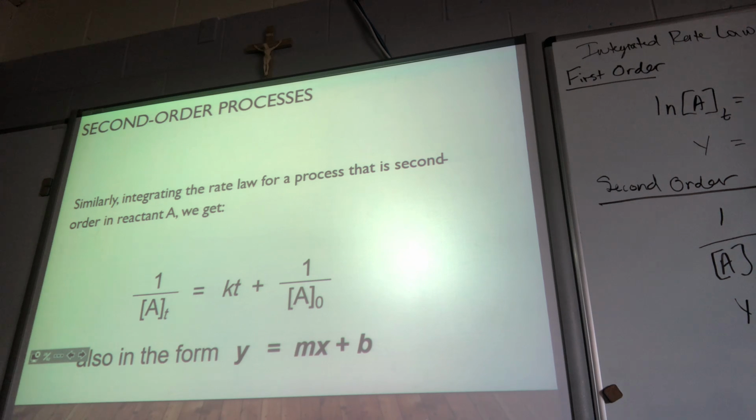One more type of graph we have to talk about, and that's zero order. First and second are the ones that we're going to be looking for, but also we can have a zero order treatment of our data. Now, yesterday when we talked about a zero order reaction, we wrote a rate law to the zero. What happens in the rate law then? This just becomes 1, right? That doesn't mean we can't get